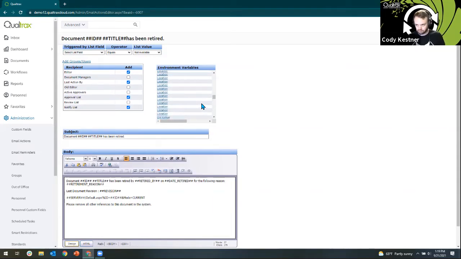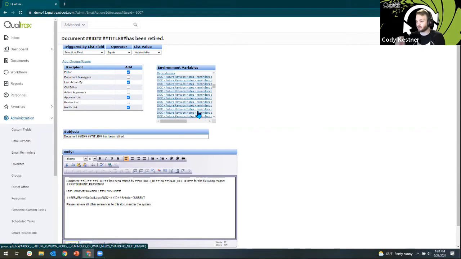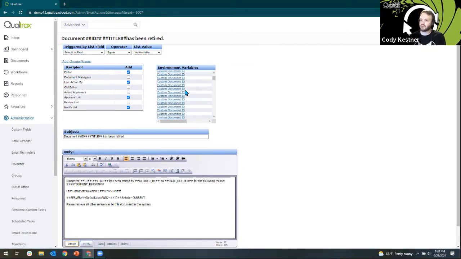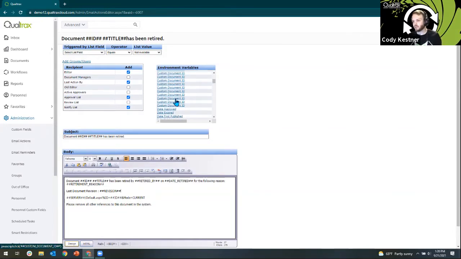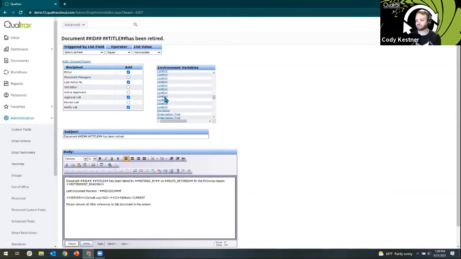Now there are these duplicates in here. First of all, the duplication is a known defect currently in the most recent version of our software. We're here in a hosted site and we're seeing it. The place that these duplications are coming from is custom fields. Any of these other ones are baseline values that your system's tracking, like date approved, date expired. Your system knows that info, but you can also bring in custom values. In this site, there is location, for example. If anyone's going into your own hosted site and seeing these duplications, any of these will work. So if we also wanted to bring in the location that this document was tagged as,